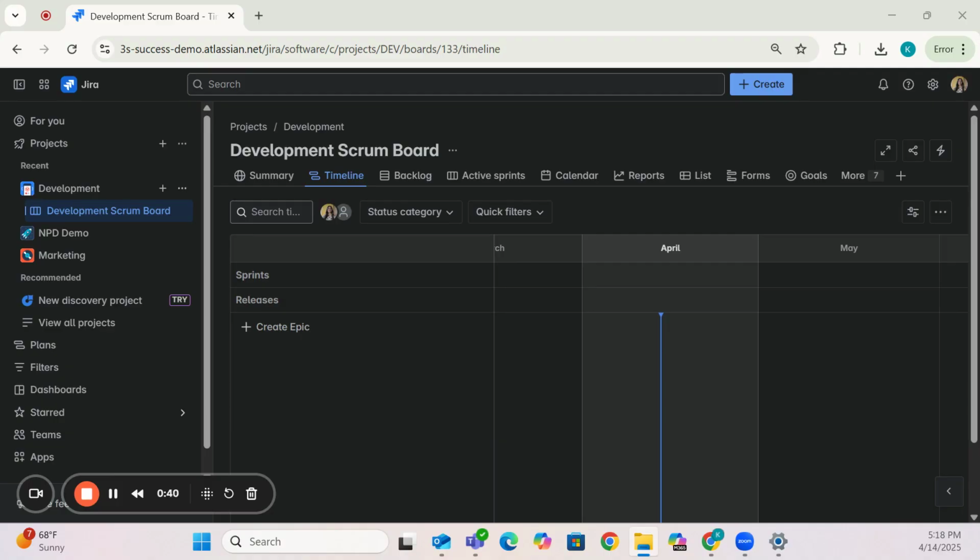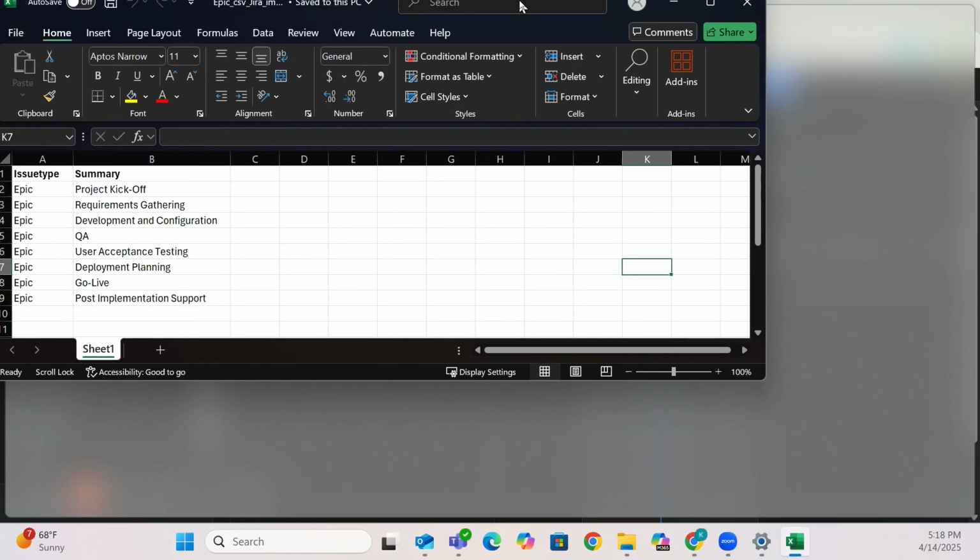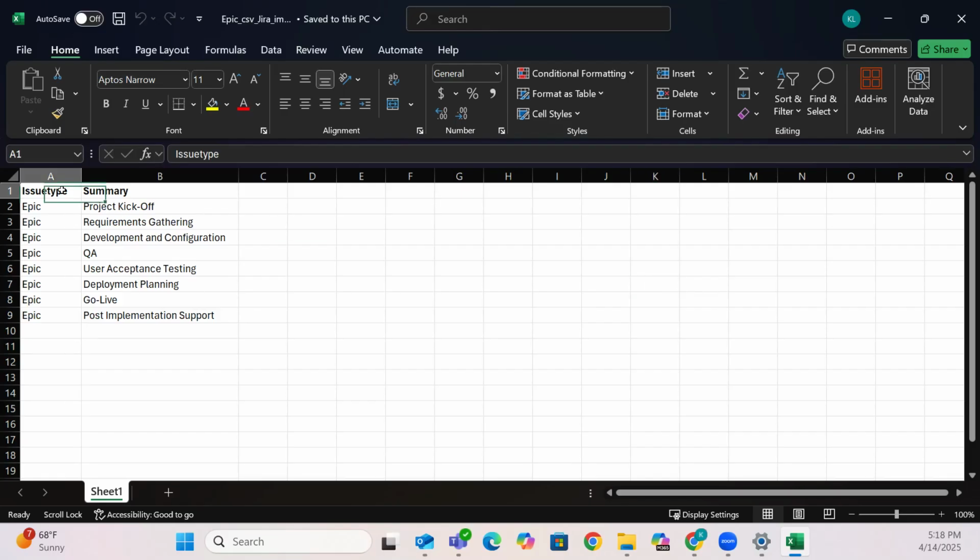In this example, I'll pull up the Excel file. And here you can see we have two different columns. We have the issue type, which I have listed as epic, and then we have the summary. At a minimum, when you are importing items into Jira, you want to make sure that all of your required fields for that project are listed here as columns. The only two fields that are absolutely required for me, and if you have not set any required fields, these are also required for you, are the issue type, because it'll tell Jira what type of work to create,